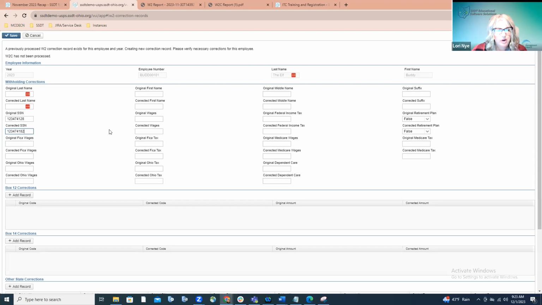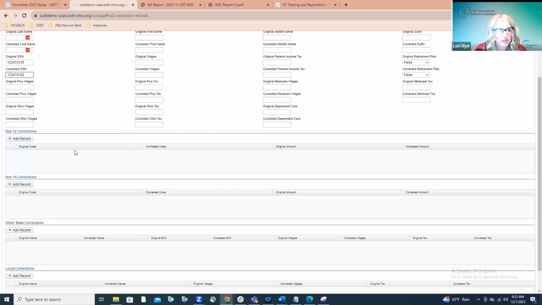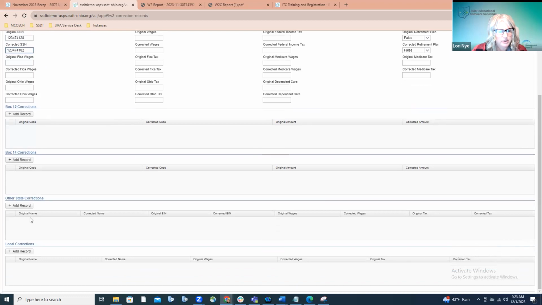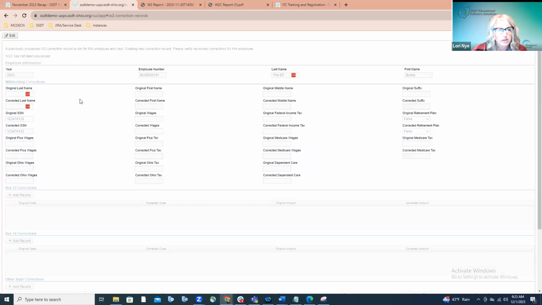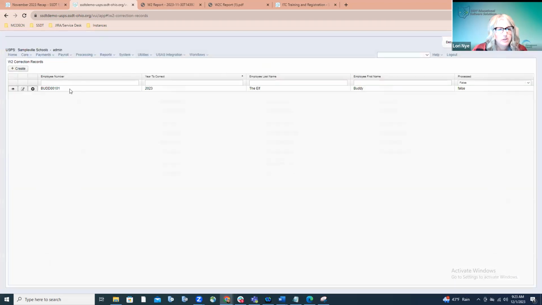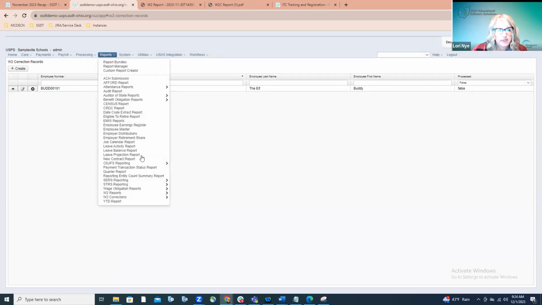So once you have all the corrected information on the actual W2 record, you can see there's the box 12, box 14, other state corrections, and local corrections. All of those sections are listed below and broken out specifically for those areas as well. I'm going to save the record. And now you can see in the grid that W2C record that I've added. So then my next step would be to actually go through,